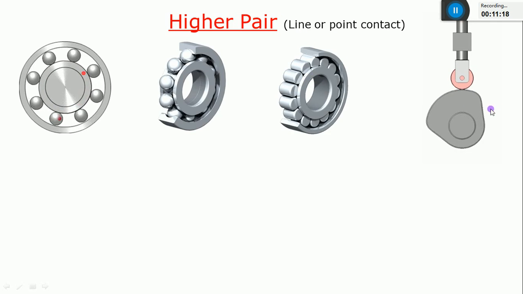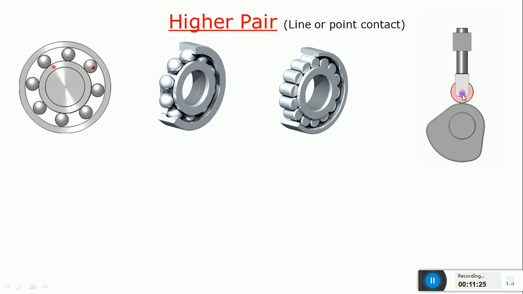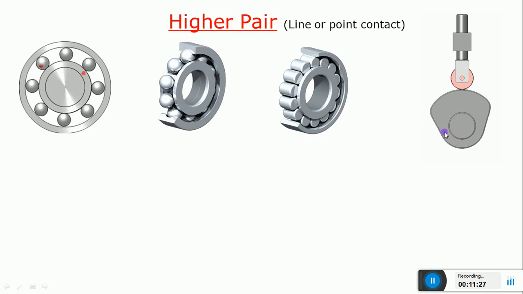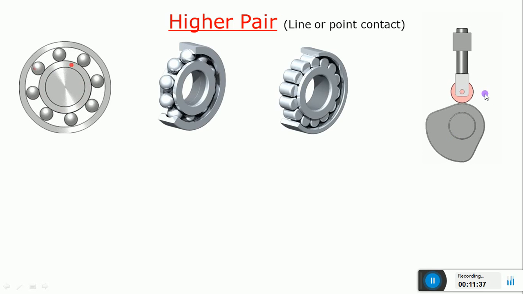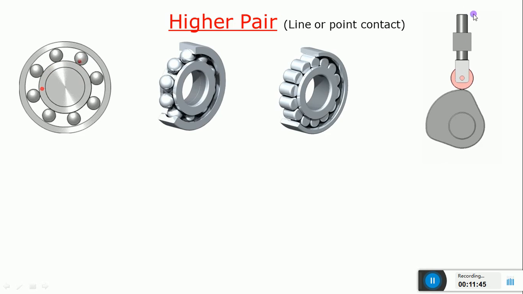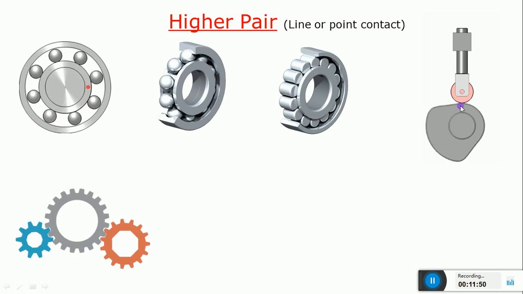And when you consider a cam and follower, this will come in the fourth model. I'll explain what it is in the fourth model. So this is a follower, and this is a cam profile, which is used in IC engines to control the motion of the inlet port and the exhaust port. This is not a continuous motion. This is intermittent motion, because after a certain interval of time only, it will move up. This is one element, and this is one more element, and the type of contact is again a point contact.